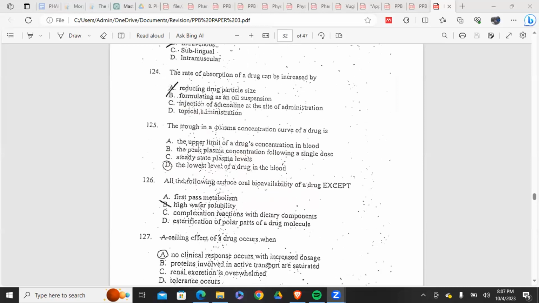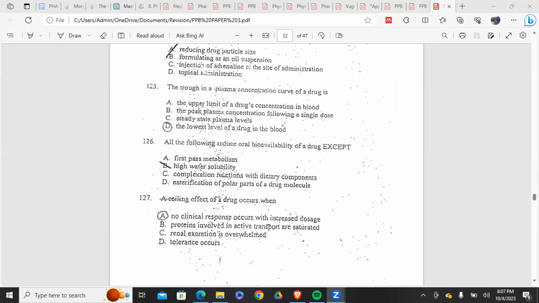The trough in a plasma concentration curve of a drug is the lowest level of a drug in the body. Kama ni pharmaceutics tu ndio maswali ni ngumu ngumu. Huko mbele there is hope. All the following reduce oral bioavailability of a drug except